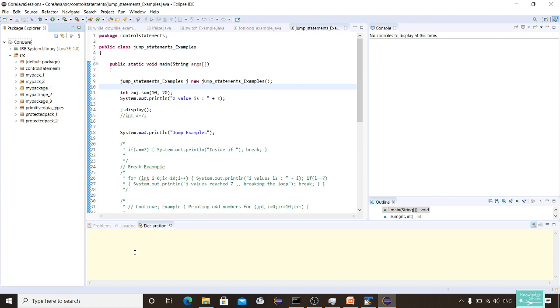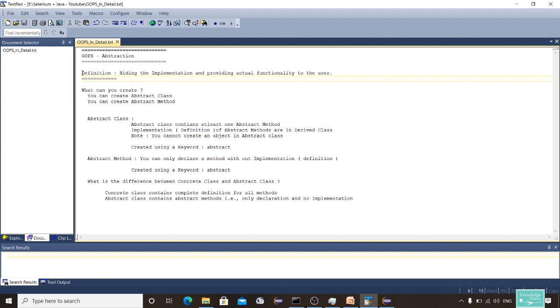Okay, now let's see an example of abstract. Before that, we'll see the definition as we discussed earlier. Hiding the implementation and providing the actual functionality to the user is called abstraction, right? So for which types of objects in Java can you create abstract?